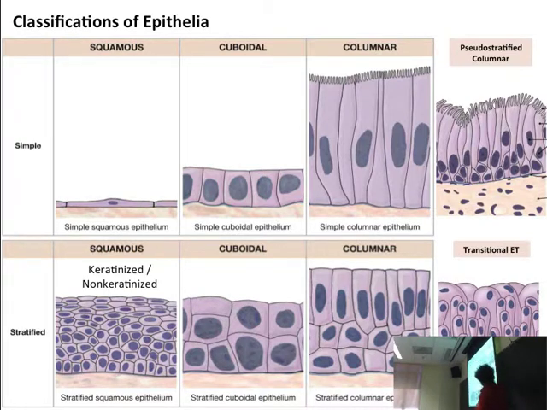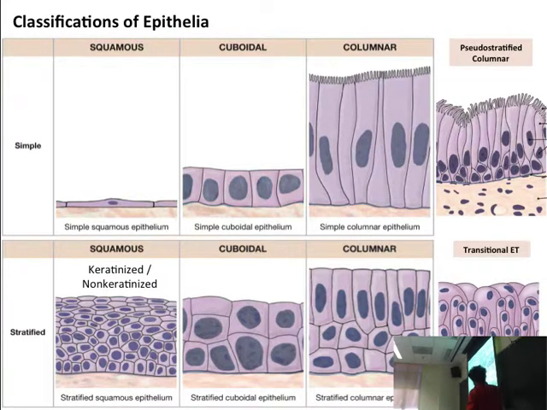We have a pseudo-stratified columnar. This looks stratified, but it's not. There's actually only a single layer here, but the cells don't rise evenly. They're sort of twisted around one another. So when you take a tissue section, it looks like this, but it is actually a simple layer of cells. So they call it pseudo-stratified,